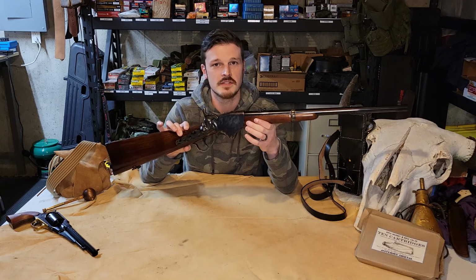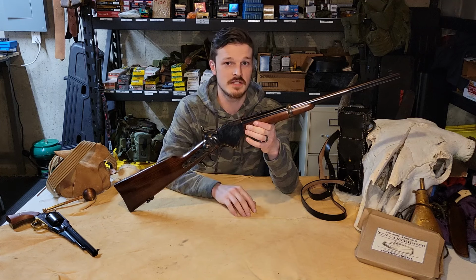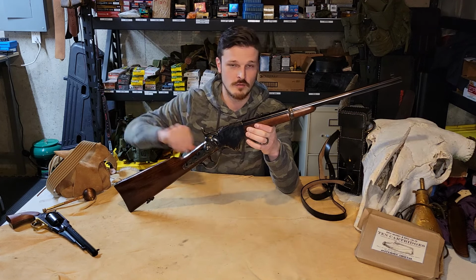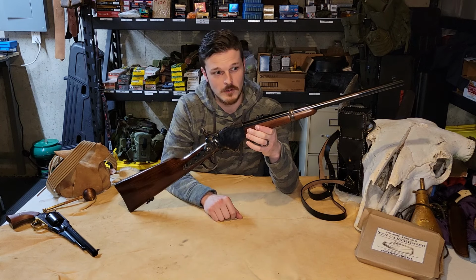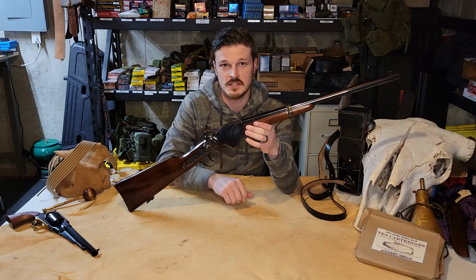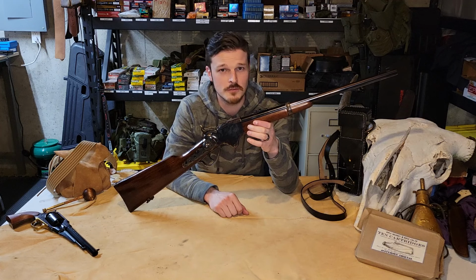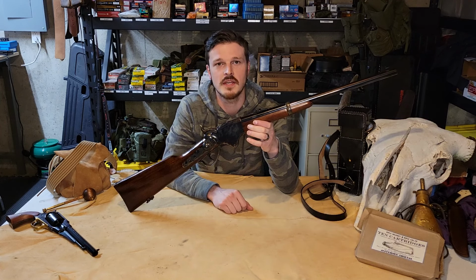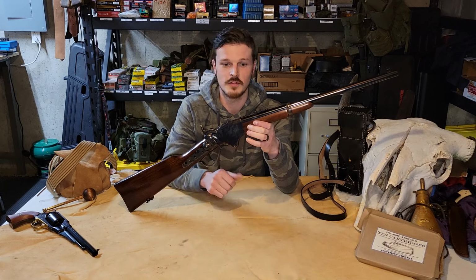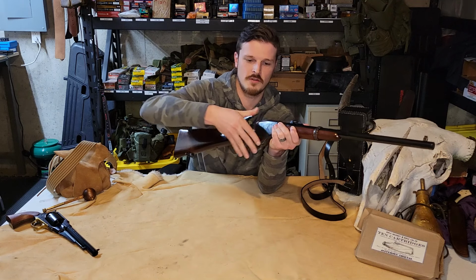This one is an 1865. Originally, the first model that came out would have been the 1860, and there's just a few differences between the two. We'll get into that toward the end of the video. For now, we're just going to look at it from the end of the barrel to the butt of the stock, go through some of the highlights of what makes this rifle its own special thing, and then go out and do some testing and shooting with it. So, first thing we're going to do, this is an odd rifle to clear,